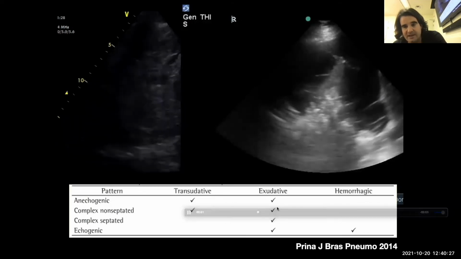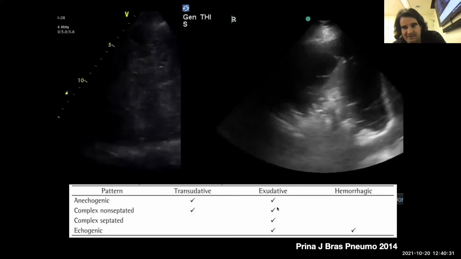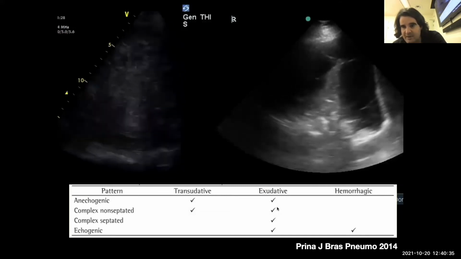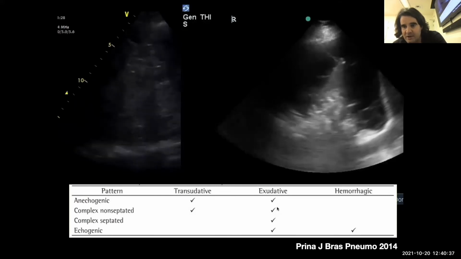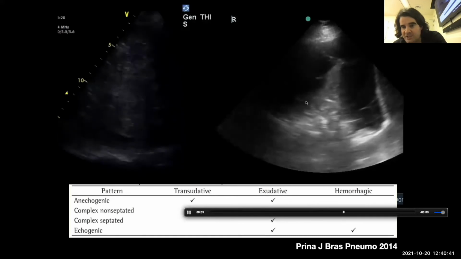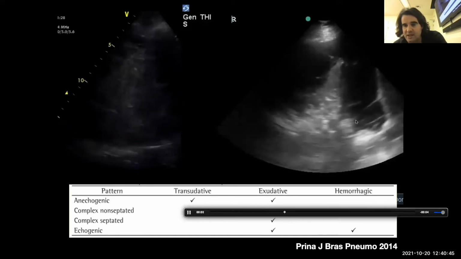that pretest probability, that clinical suspicion, is obviously critically important. And obviously that's one of the cardinal things in clinical medicine, is that pretest probability and history are 99% of what you're going to be doing. So be very cautious. I would say that if you find a complex septated effusion, it bears in mind thinking